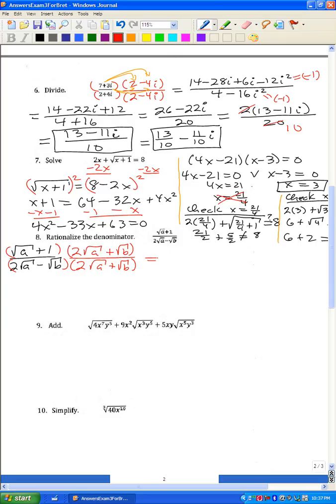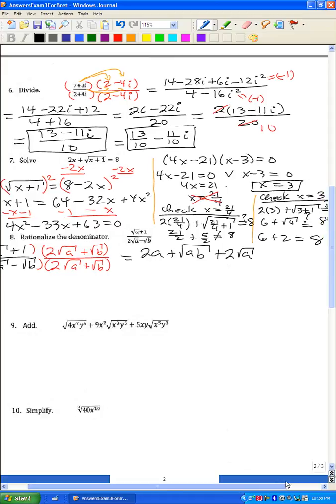And so, if I use the distributive property, radical a times 2 radical a is 2a. Radical a times radical b is radical ab. 1 times 2 radical a is 2 radical a. 1 times radical b is radical b